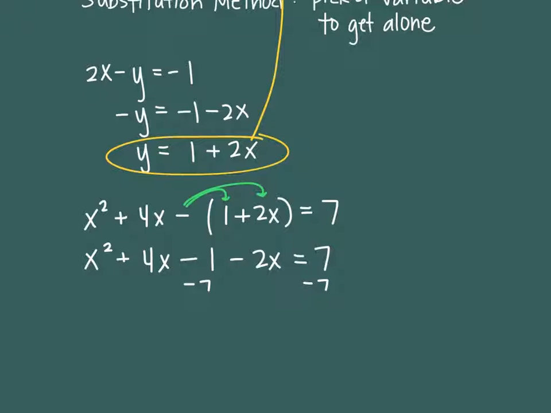4x and -2x. All right, so this will combine into x squared. The like terms would be positive 2x. And then the subtraction of the 7 would give me -8, and now that would be equal to 0. And the good thing is when you have a square equal to 0, you have a couple methods that you